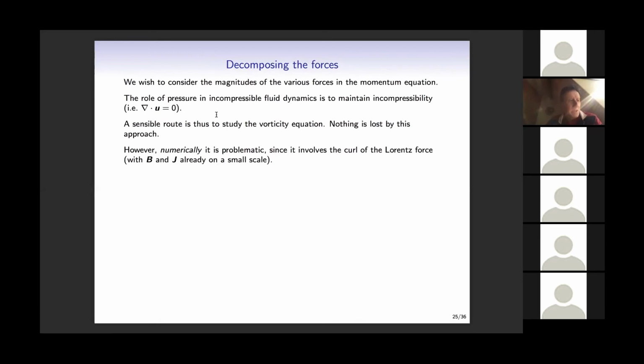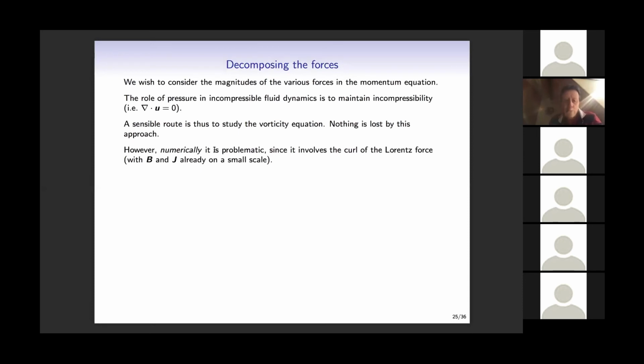And that there's actually no loss in curling the momentum equation and looking at the vorticity equation. There's no loss in incompressible fluid dynamics. There's no loss of information in using the vorticity equation. In some sense, that's nicer. It saves you having to bother with the pressure, because you think, oh, the pressure, maybe it's big, but on the other hand, it's big because it's keeping something incompressible. So the vorticity equation is the sensible equation to look at